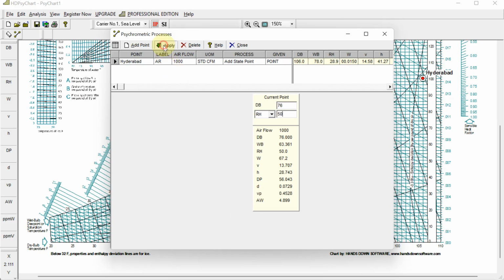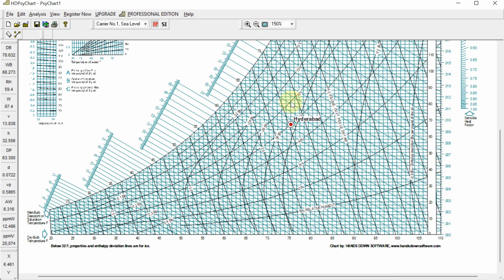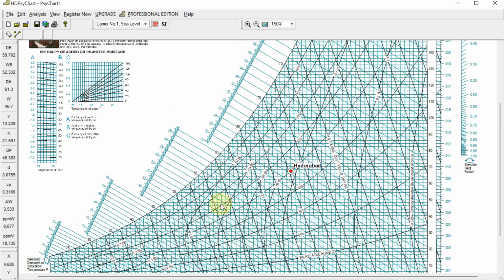Just hit on apply and now close it. Now you will get the point here in the psychrometric chart, because we have entered 76. So 76 will come here, this vertical line, and 50% relative humidity. See, this curved line 60%, 50%. Both are intersecting here. Based on that, here you will get the wet bulb temperature. When you draw this horizontal line, here you will get the humidity ratio value, enthalpy value, everything. So in this way, we need to use the